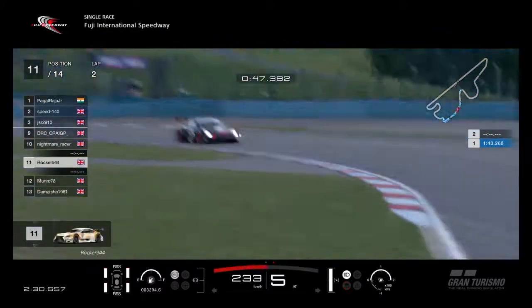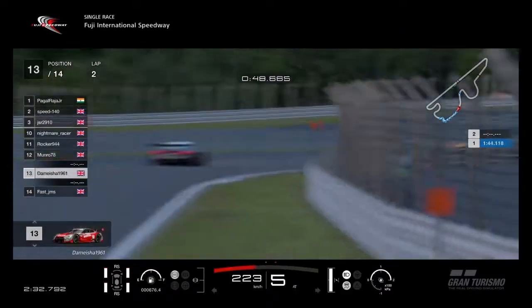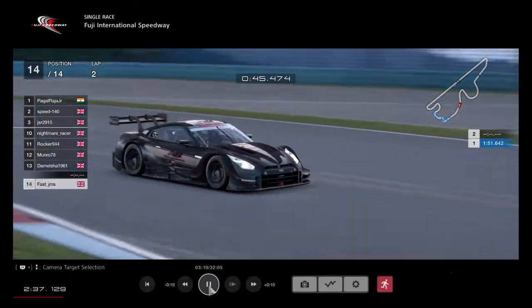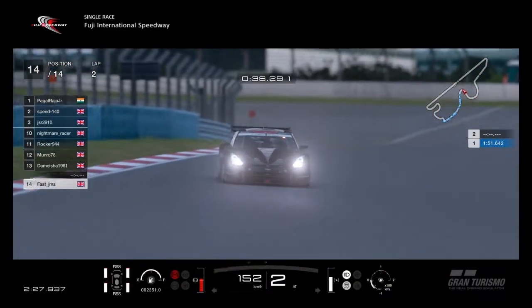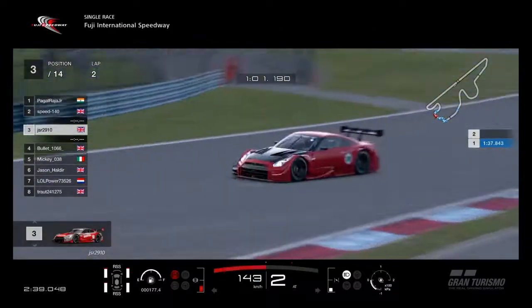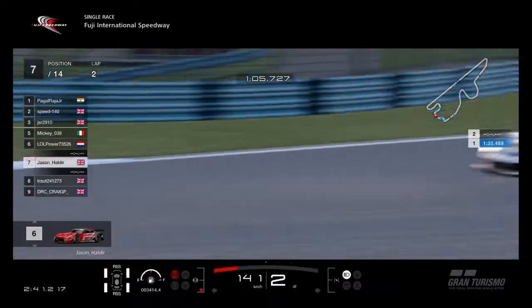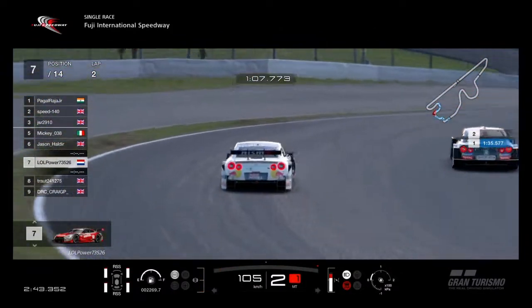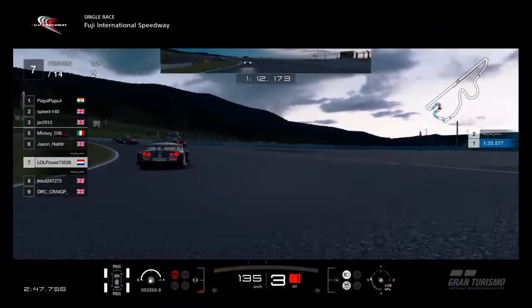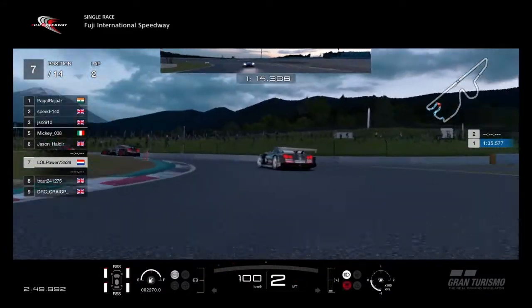I think we saw a bit of a squabble there going on back at the front. No, we did not. And then Fast having an off in there, massive accident. See if we can go back and get what happened there. No, we cannot. So we're just going to jump back forward and resume with the current action on track. As you can see, Low Power looking to go the long way around there on Jason, not able to make the move stick. You see up front the pack